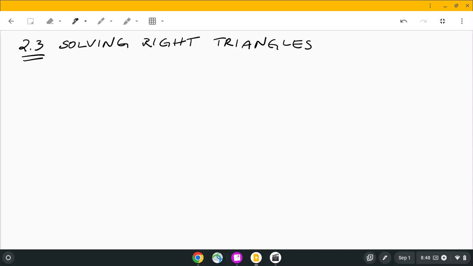These are also known as significant figures. So significant digits, significant figures. I like using the word figures because